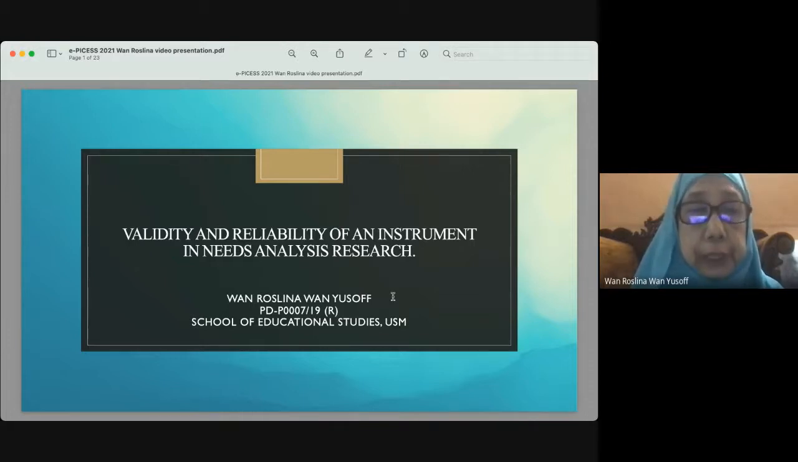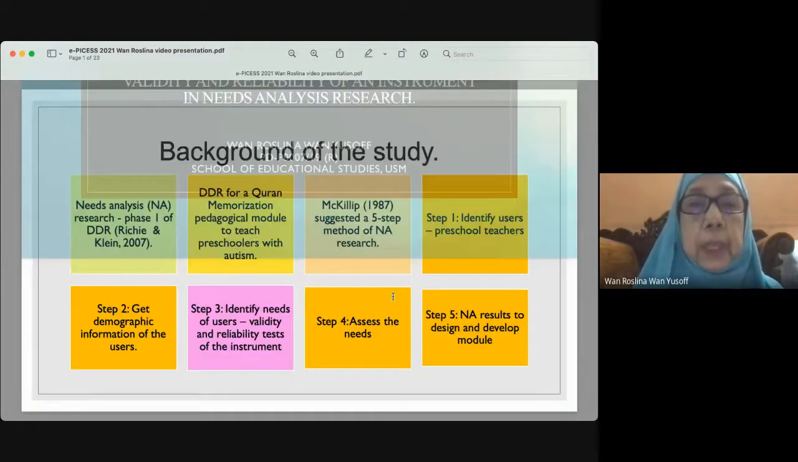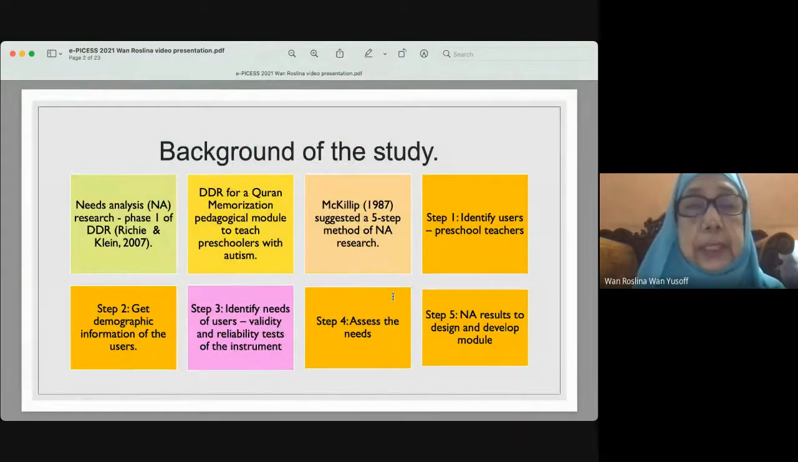I'm going to present a topic titled Validity and Reliability of an Instrument in Needs Analysis Research. The background of the study: this research is done for the needs analysis research phase 1 of the DDR approach, whereby McKillip suggested a 5-step method of needs analysis research. And step 3 of the research is where we need to identify the needs of the users. Because of that, we need to validate and test the reliability of the instrument that we are going to use